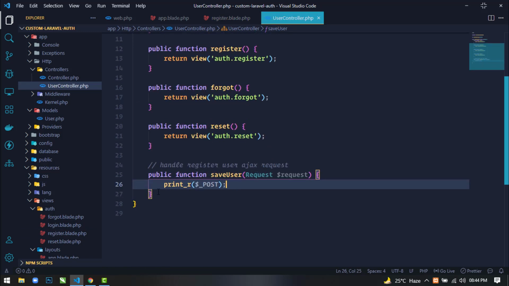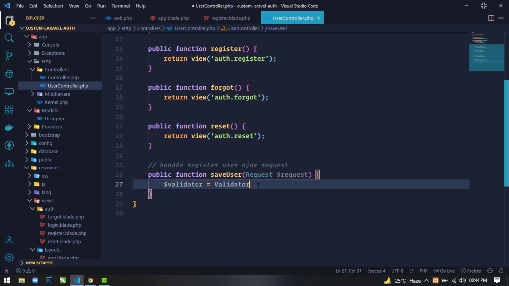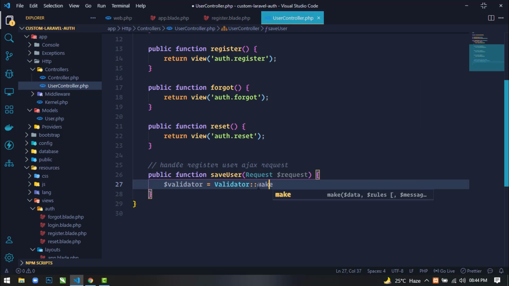Now here first we will validate all the fields. Okay, to validate I will use validator variable, and then I will use Validator class. Okay, so I will use Validator class, and then I will use make method.